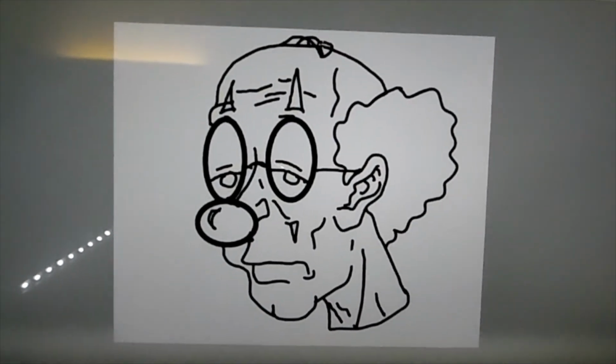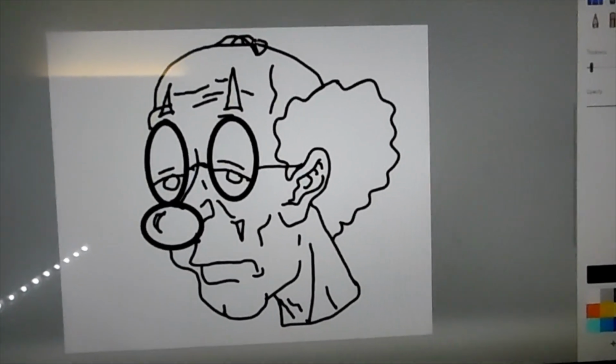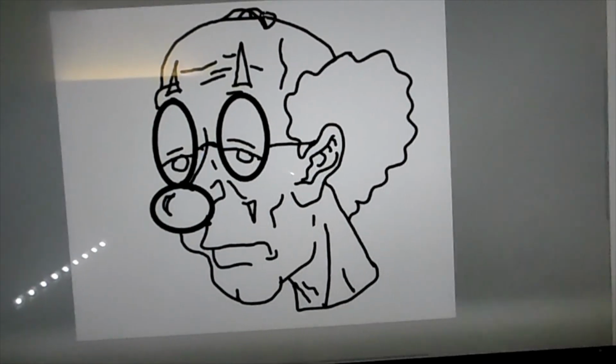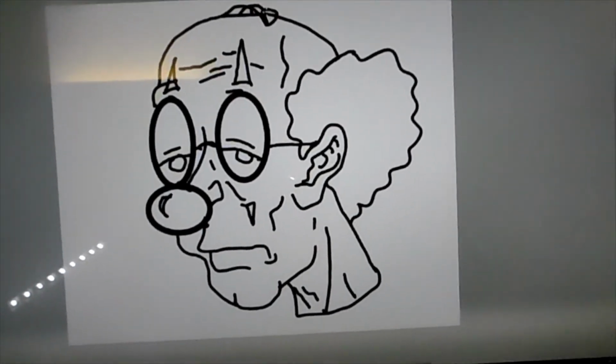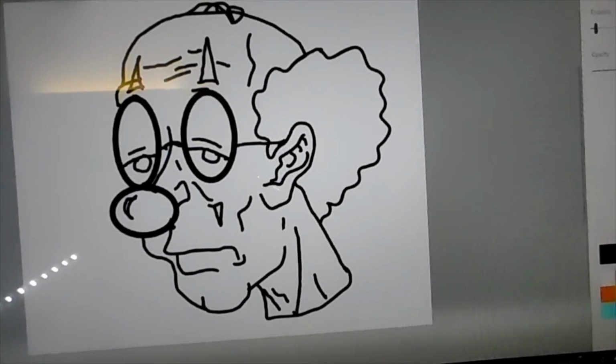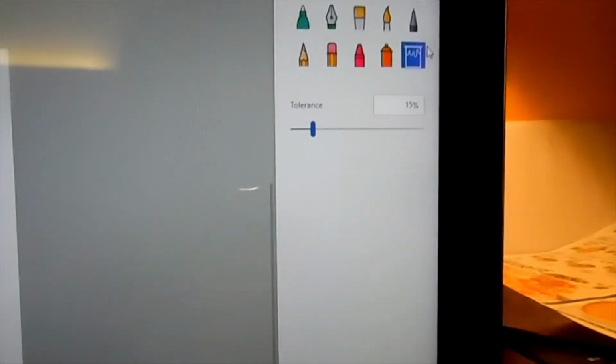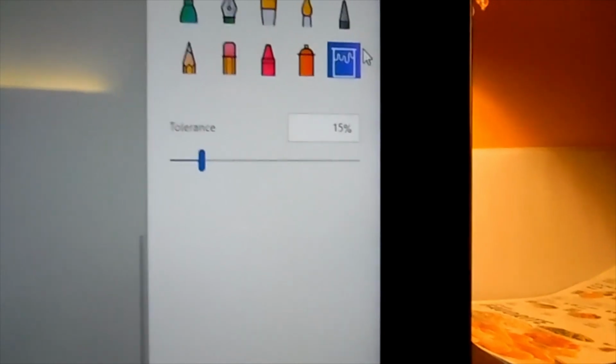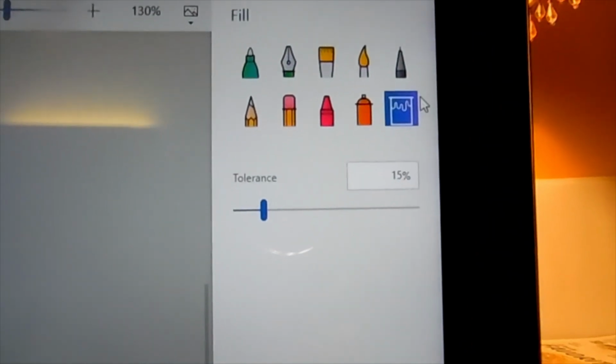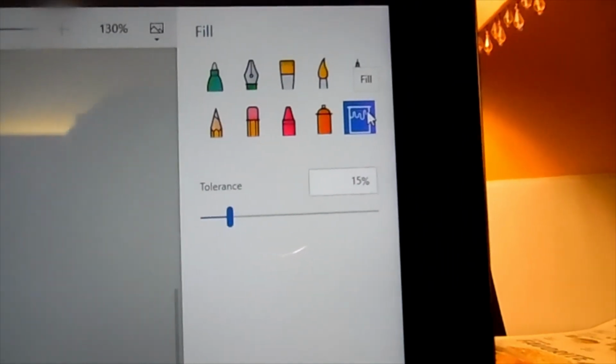Alright guys, so basically this is what I've got going, and this is where I'm gonna stop as far as drawing goes. And now what I'm gonna do is color my character in. So what I would say when you start coloring your character in is, first off, as I'm sure most of you all know, you want to click this paint bucket right here, because what this paint bucket does is,